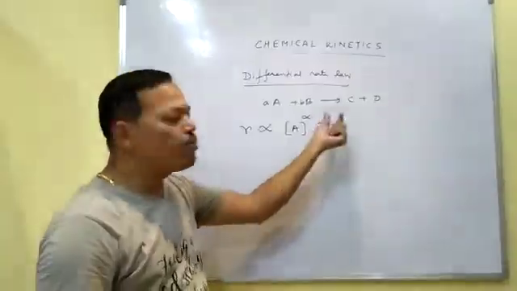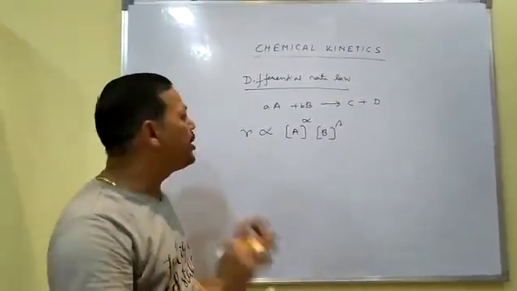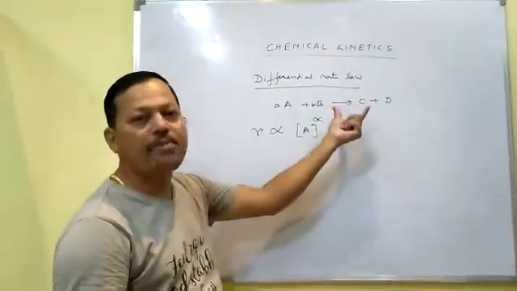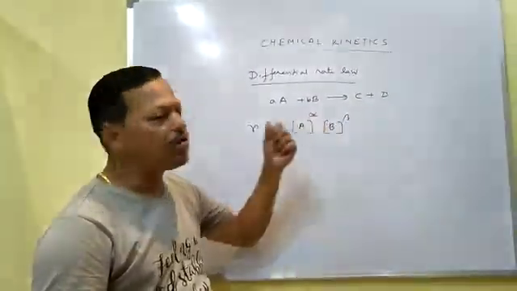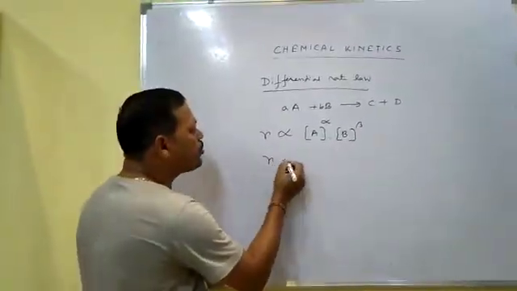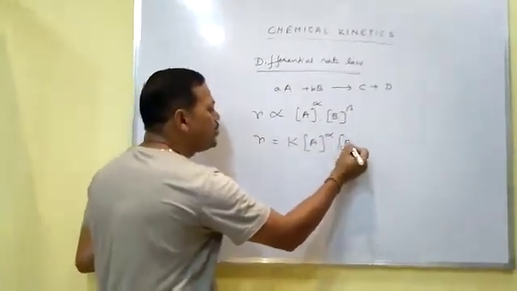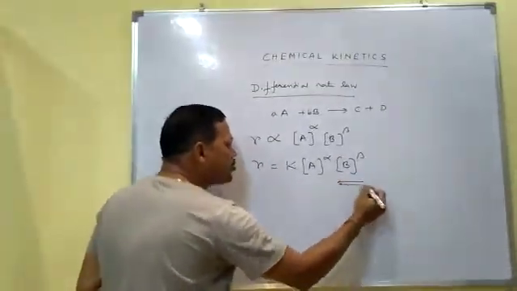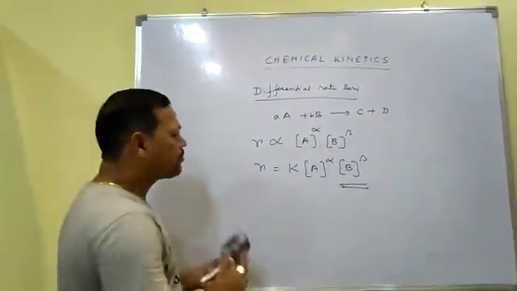So actually these two are experimental quantities. Theoretically you cannot find out how many moles are actually involved in your chemical reaction, which should be the power. That is why it is an experimental quantity. Theoretically you always write alpha and beta. So when you remove the proportional sign, a constant will come, K of A to the power alpha, B to the power beta. Like this way you can express the rate of a chemical reaction.